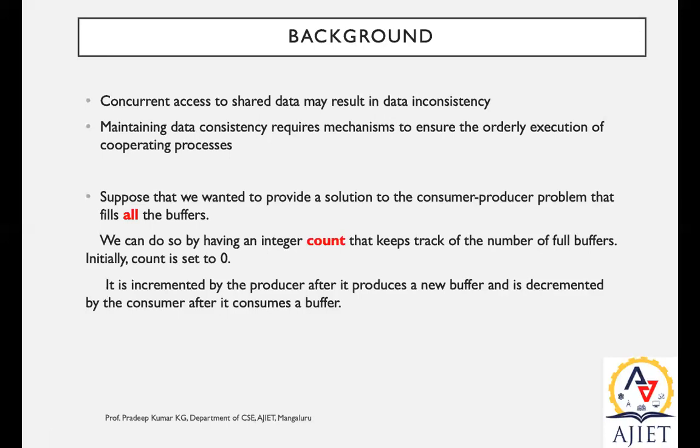If it is a fixed size, for example a 5 KB buffer, then the producer will fill that 5 KB, and the consumer is supposed to take that 5 KB. If it is a variable length buffer, then sometimes it may be 1 KB, 10 MB, or 1 gigabyte. That is variable length. Now to provide the solution for this producer-consumer scenario, we can have an option to fill all the buffers.